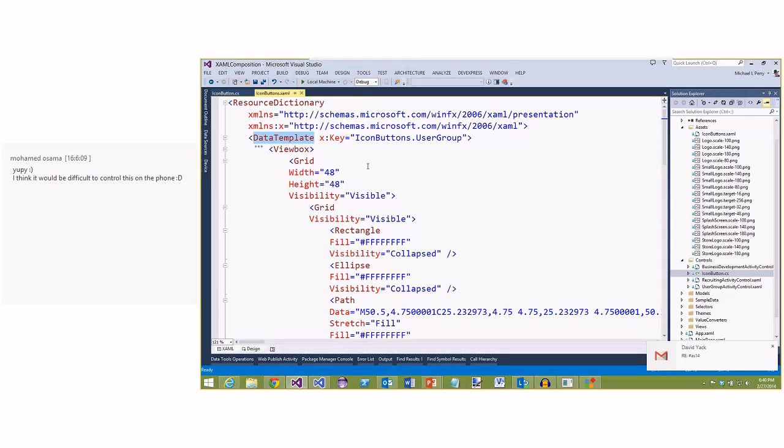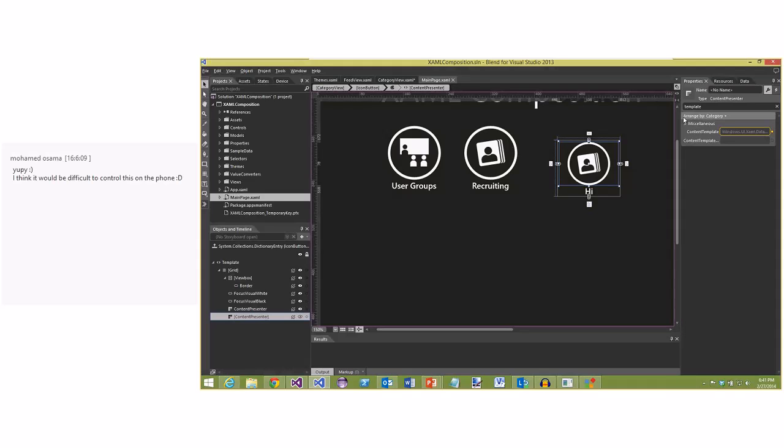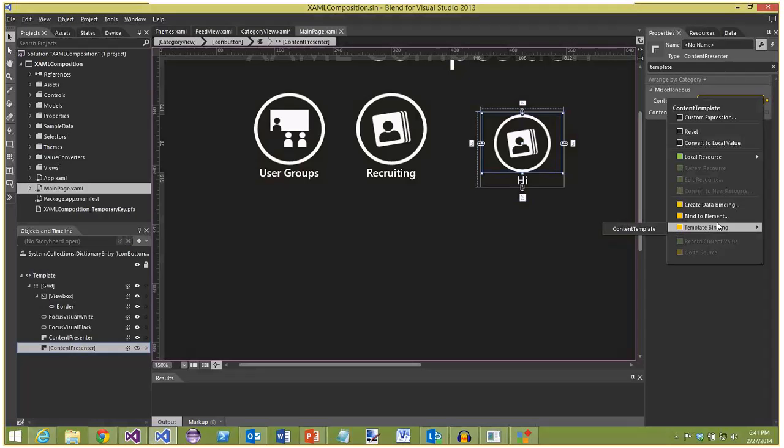So each of the different buttons actually is a template now that I can set. So here I'm not setting the content property. What I'm setting is the content template. So I can again look at template binding, and you can see that this is bound to